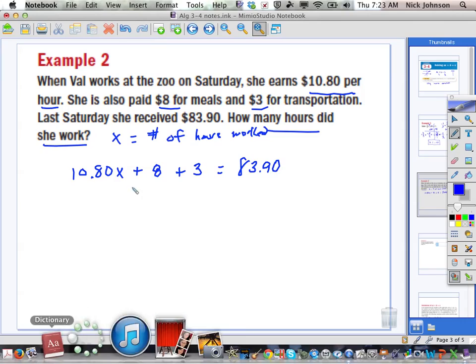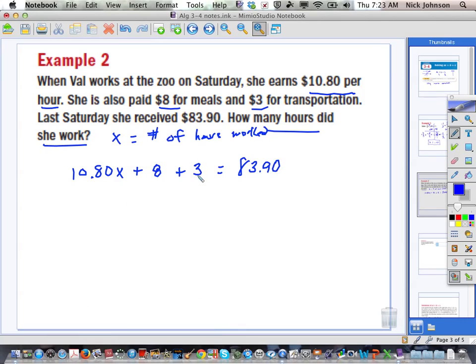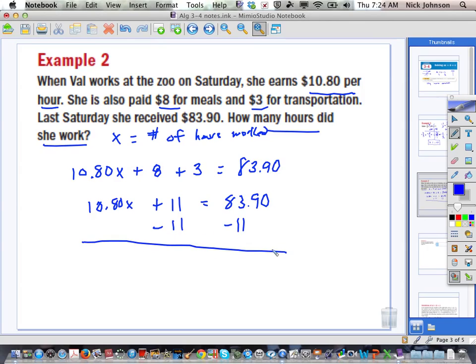Now, we can combine like terms. 8 and 3 are like terms, so we can say 8 plus 3 is 11, which then turns this into our two-step algebra problem. Okay? We got to add or subtract first. So the inverse of adding 11 is subtracting 11. Whatever I do to one side, I have to do to the other side. Leaves me with